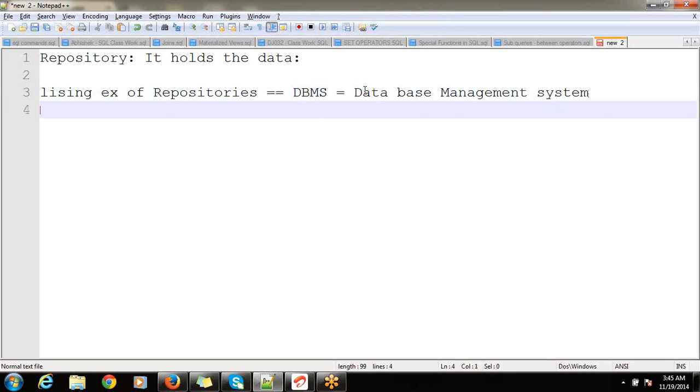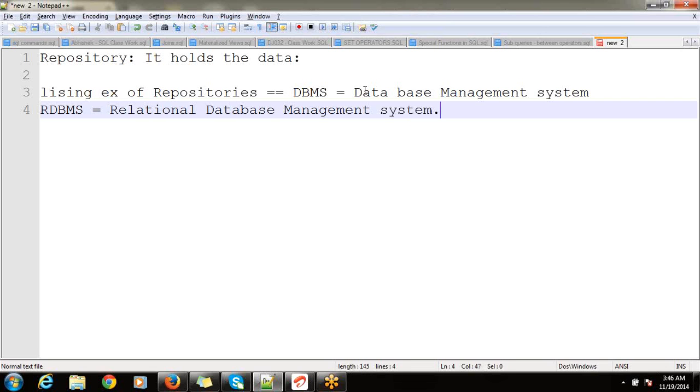In that DBMS we currently have the relational DBMS, that is Relational Database Management System, RDBMS we say.